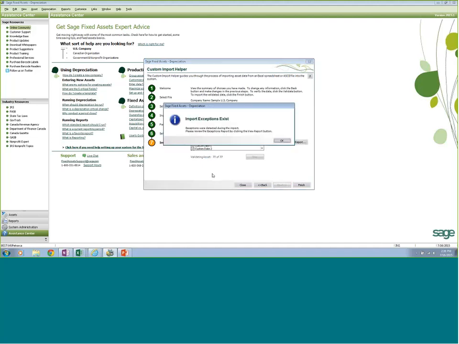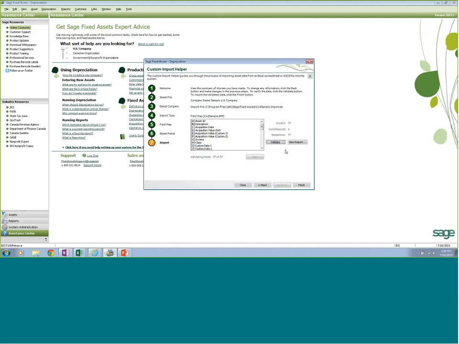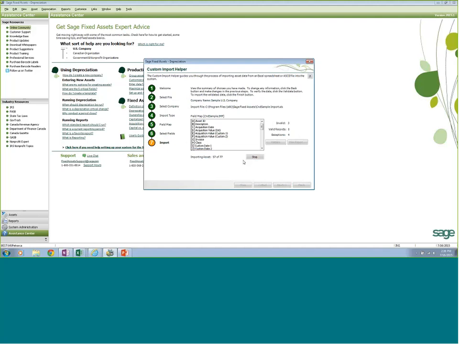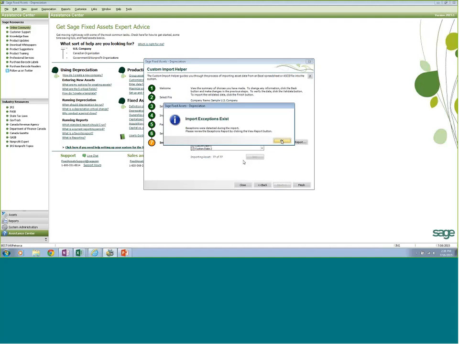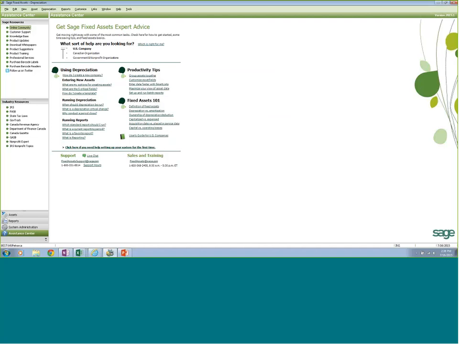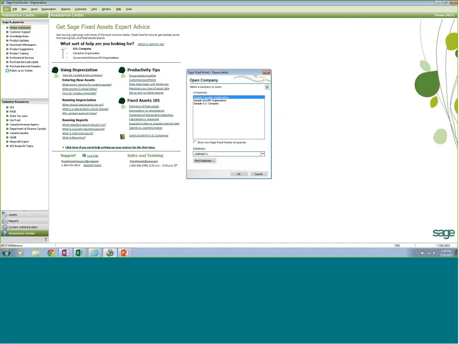I can validate this. It's going to say it's going to import existing assets, and you're going to hit finish and hit yes. And then what happens is all of these assets should now be imported into the system. So if I go back to opening my company and go to my sample U.S. company,